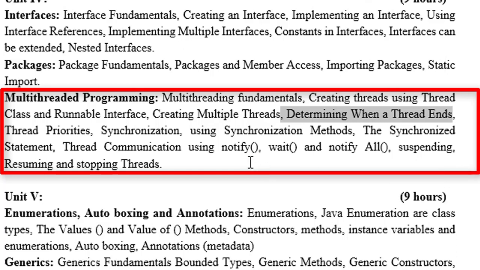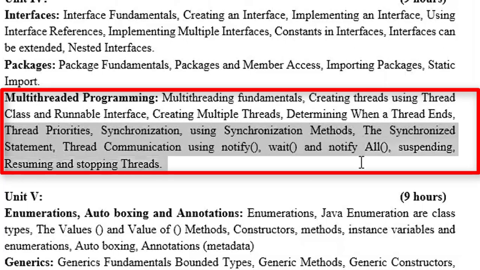So in the next classes we need to discuss thread priorities, synchronization, synchronization methods, and a few other methods like wait, notify, notifyAll, and suspending a thread. From this particular point onwards, when it comes to thread priorities and all, we will be talking about more than one thread. Till now whatever we have seen, we have kept our discussion only with respect to creating one thread. From now onwards we will be discussing how to deal with more than one thread.